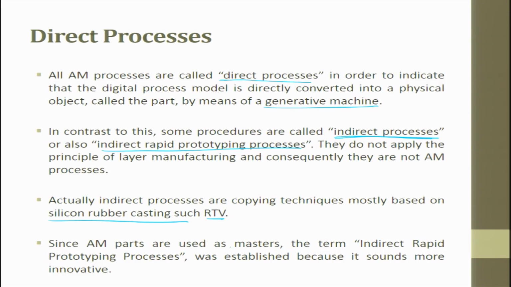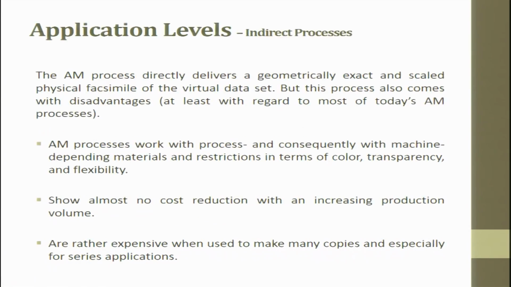Since AM parts are used as masters, the term indirect rapid prototyping process was established because it sounds more innovative. So, AM is used for making a master, and from the master you are making prototypes. So, the term indirect rapid prototyping process was established because it sounds more innovative. So, indirect process. An AM process directly delivers a geometrically exact and scaled physical facsimile of the virtual data set,